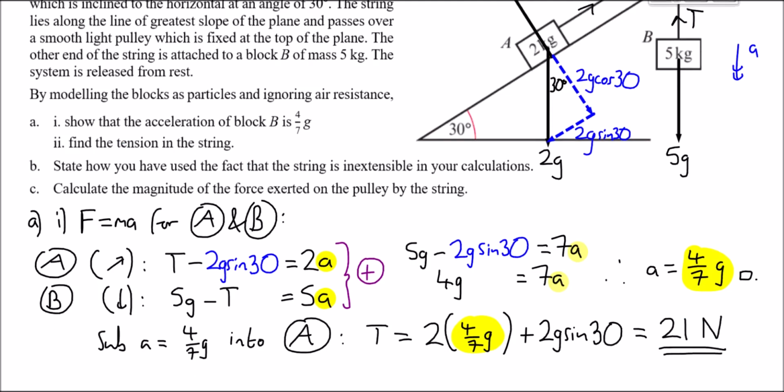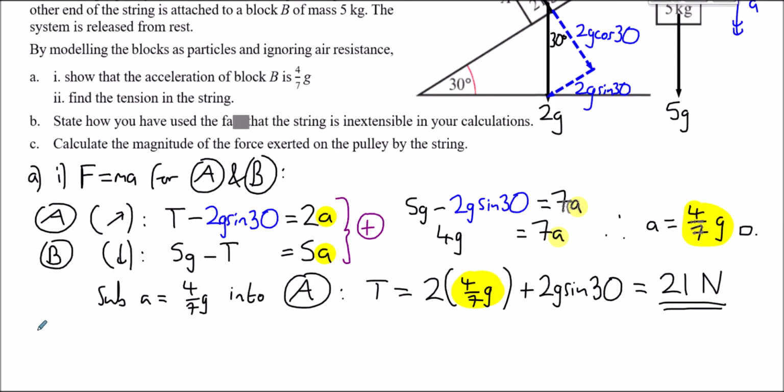Part B, a slightly weird question. This can throw people off. It'll only ever be 1 mark. State how you've used the fact that the string is inextensible in your calculations. Inextensible just means it's the opposite of something like an elastic band. There are 2 things I believe you could say here. Something like, we have used the fact that the string is inextensible